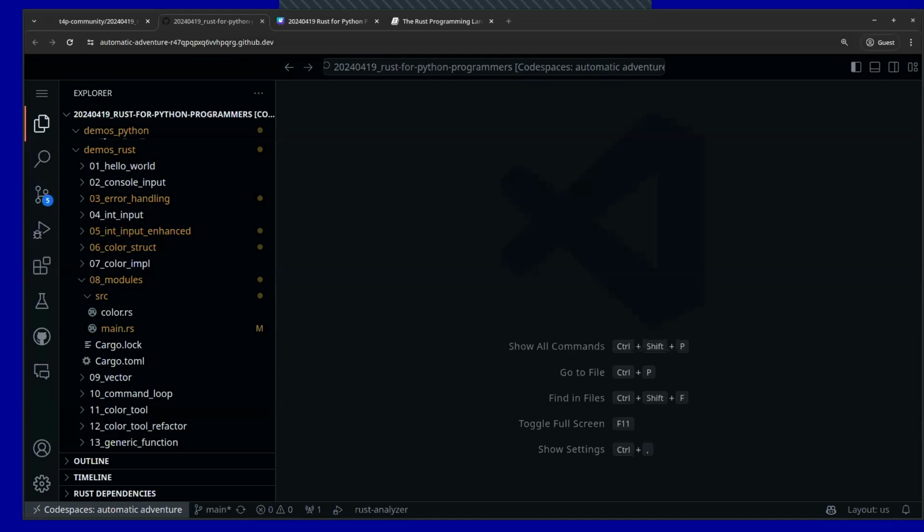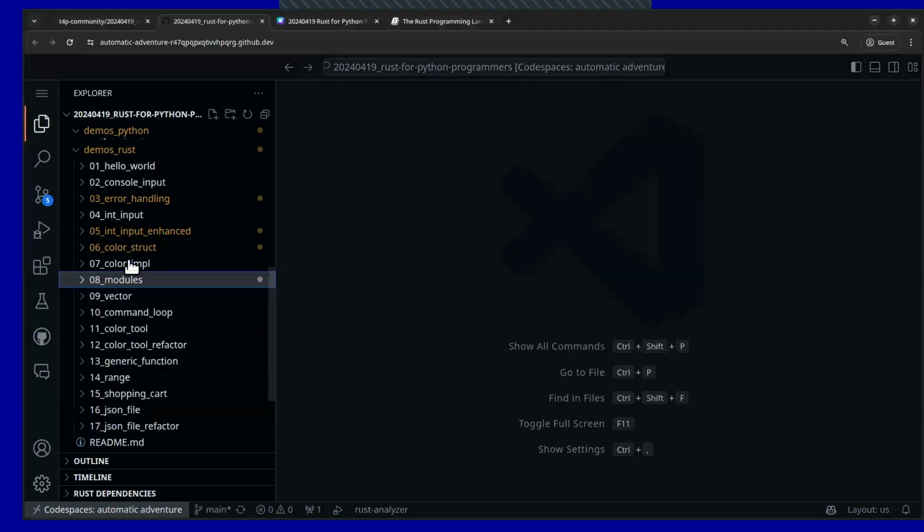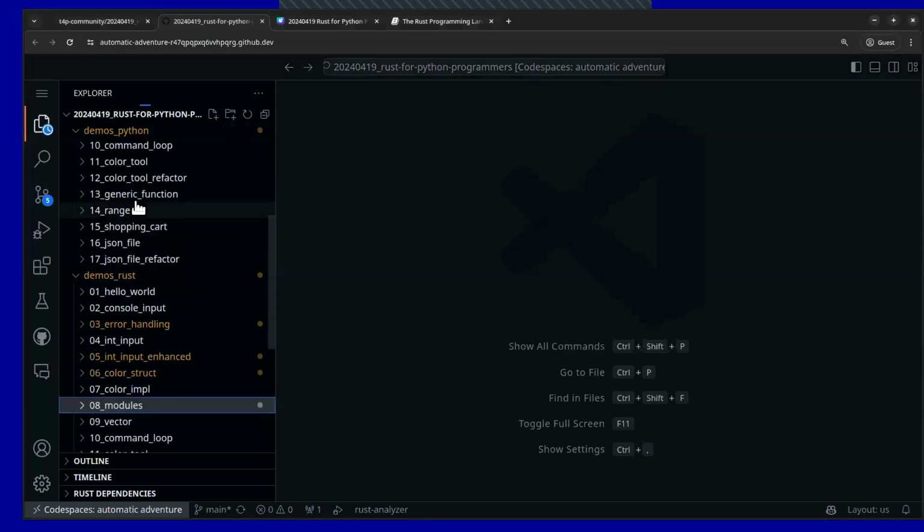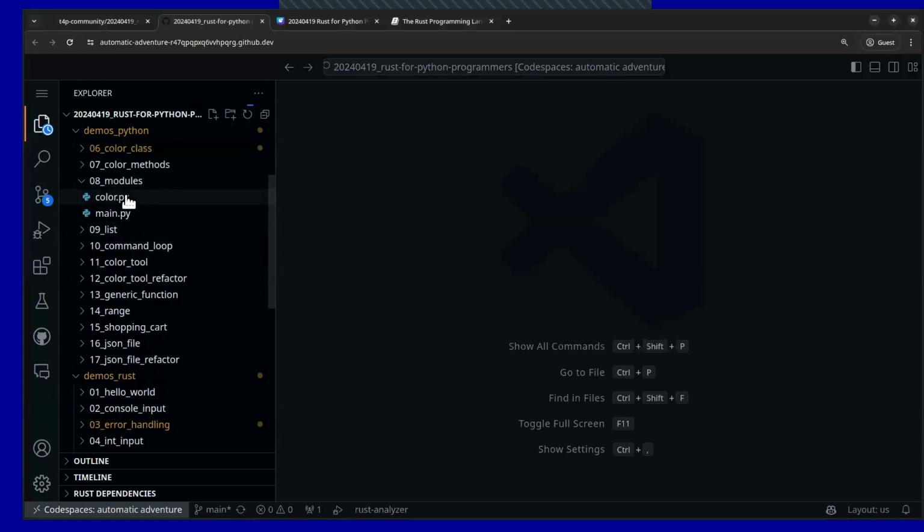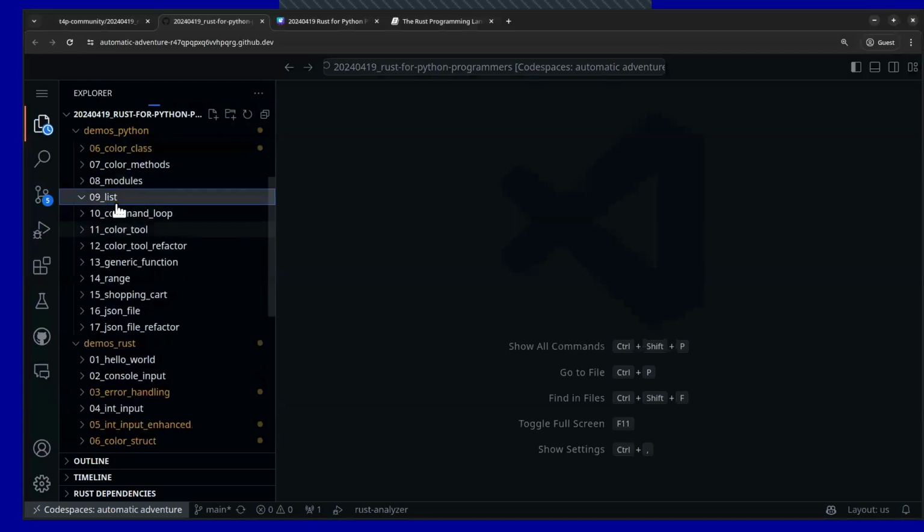That's pretty much it. So let's go ahead and continue on with our exploration here of Rust. So the next demonstration that we have is we're going to take a look at probably one of the most common features in Python,